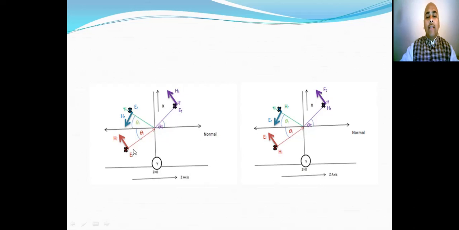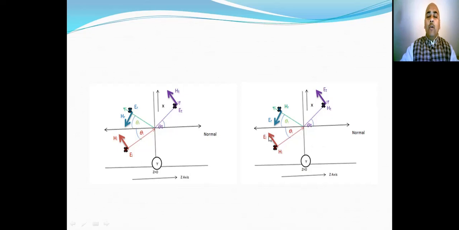One is along the z axis and the second along the x axis. The component of H along the x-axis is tangential to the boundary. However, the component of the magnetic field along the z direction is perpendicular to the plane of the boundary. Similarly, in a parallel polarized wave, the electrical field can be split into two parts. One is along the x direction and one is along the z direction.